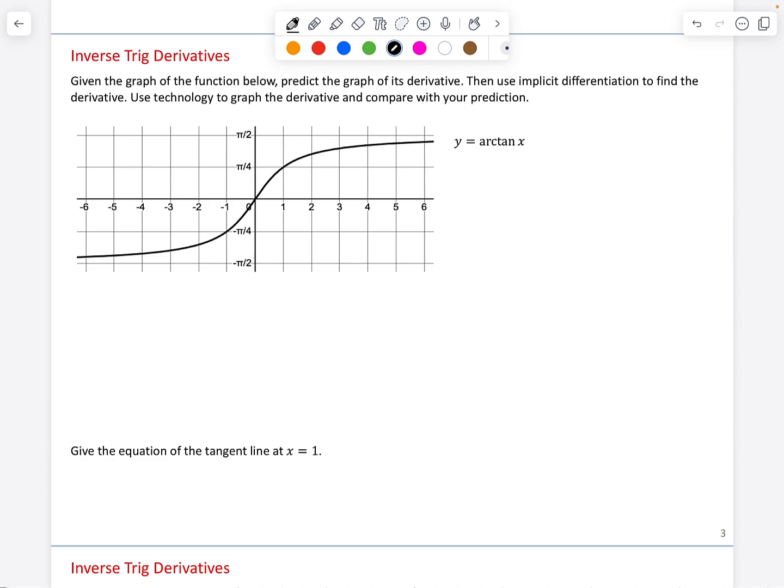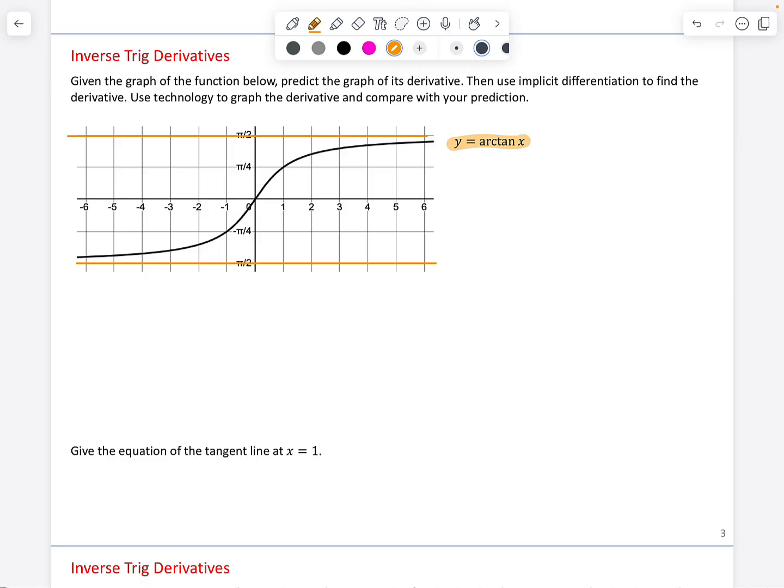Given the graph of the function below, predict the graph of its derivative, then use implicit differentiation to find the derivative, use technology to graph the derivative and compare with your prediction. So same instructions, but we are now working with y equals arctangent of x. You can see that the graph has two horizontal asymptotes, one at negative pi halves and one at positive pi